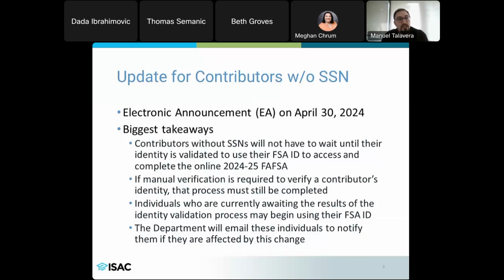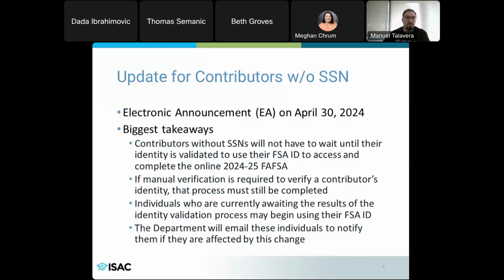So the Department of Education is keeping record of this information, and will be reaching out to parents soon about that. So if you are working with a family and you're helping them create an FSA ID and they don't go through the attestation questions, just know that down the road they're going to be required to verify their identity. Or even parents right now who are stuck in the process, who haven't heard from the Department of Education about their attestation form, should go in and use their FSA ID.